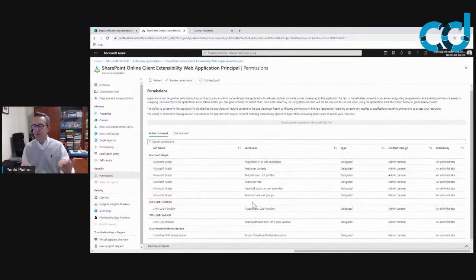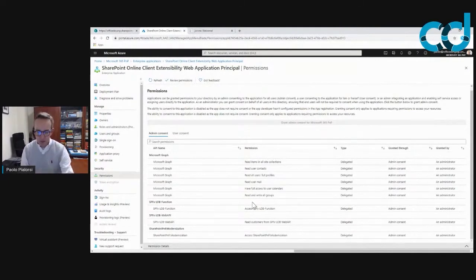And this unique application principle is shared across all of the SharePoint Framework solutions that you have in your tenant. Meaning that if you have a web part which needs to consume the graph with a specific permission scope, or which needs to consume a third-party API with a specific permission scope, what will happen will be that any other SharePoint Framework solution running in your tenant will be able to have access to that API, which is not always the best thing to do. And that's why, in a few minutes from now, I will explain to you what you can do to isolate your